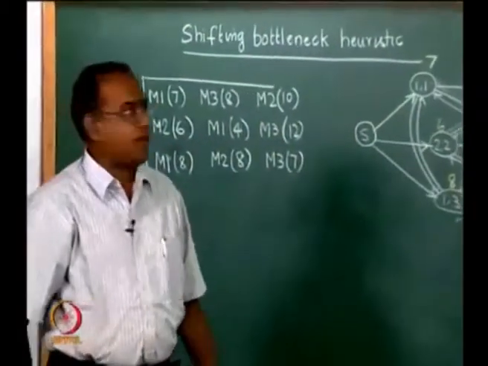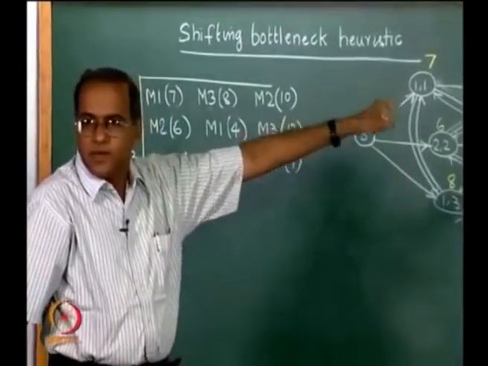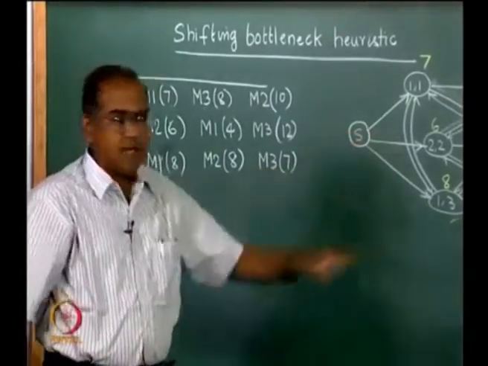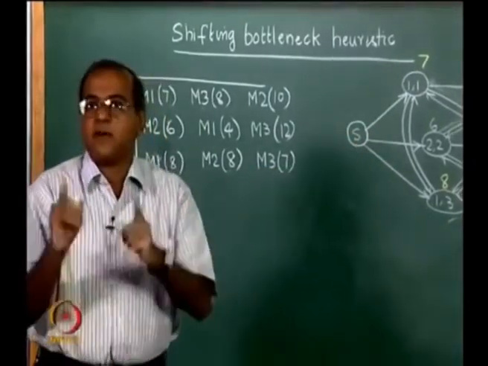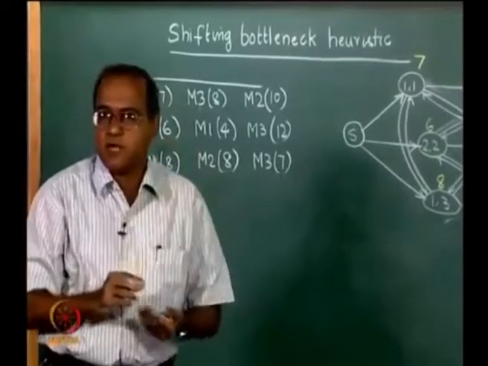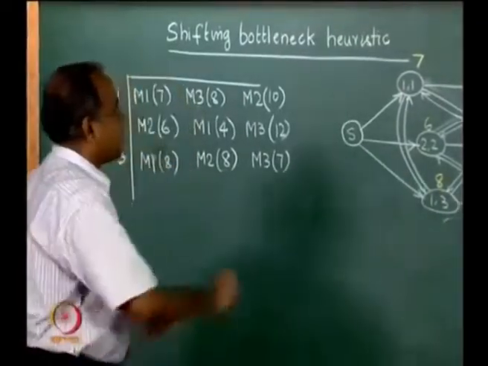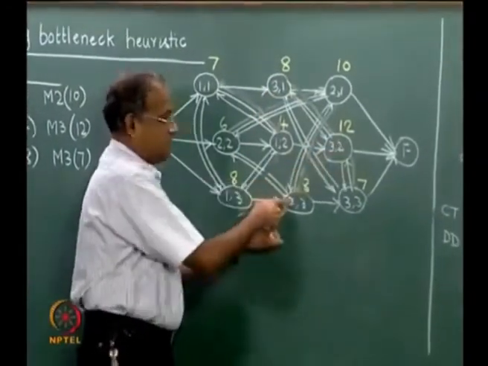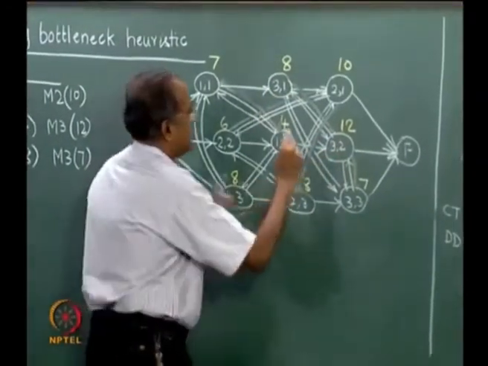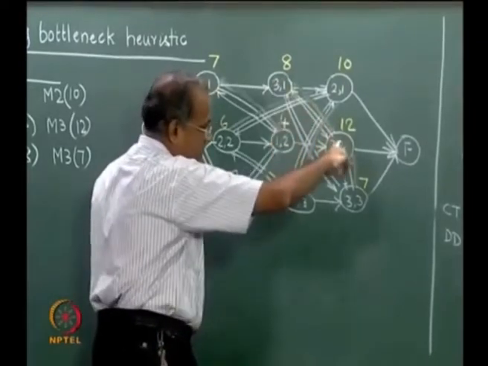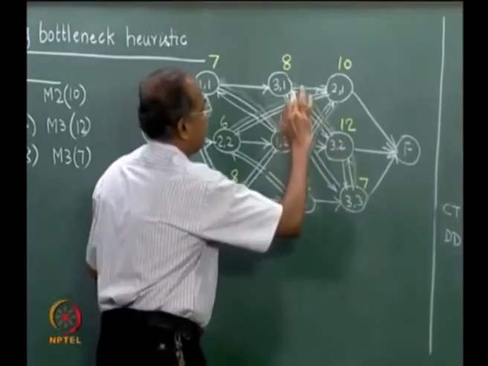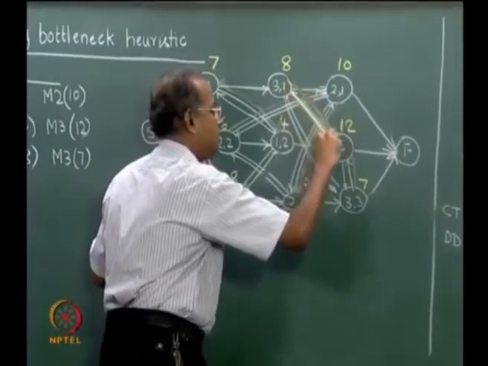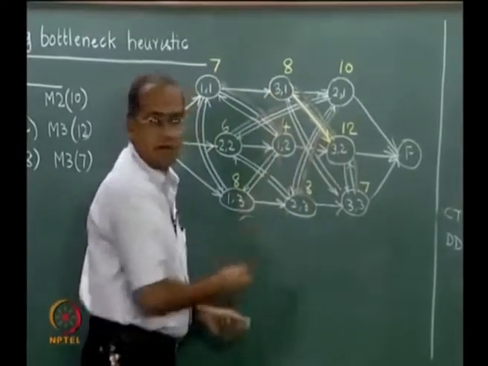So, now if we look at M3 based on 1 | Rj | L max, we realize that J1, J2, J3 is the optimum sequence using the branch and bound algorithm. Therefore, now we can go back to M3. Machine 3 is here, here and here. Now, we say that we are going to do J1, J2 and J3. Therefore, we replace these 2 sets of arcs by one arc, which is this J1 to J2.